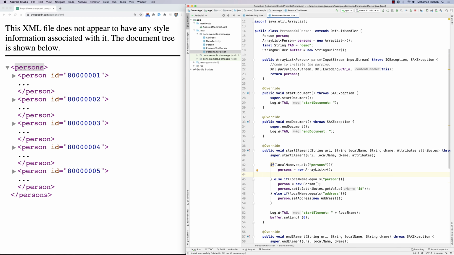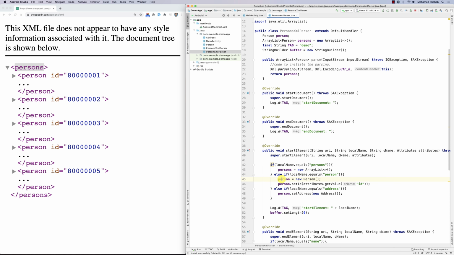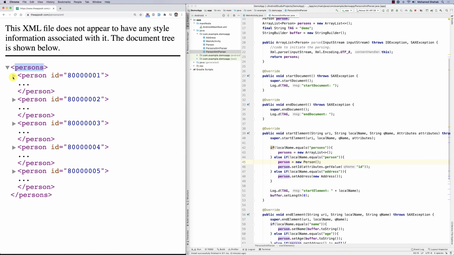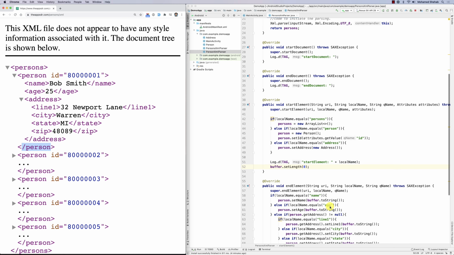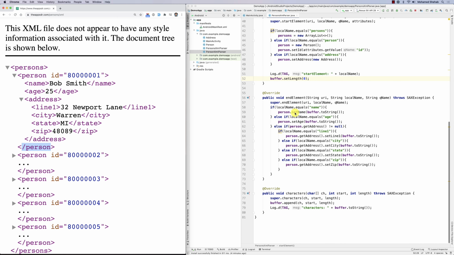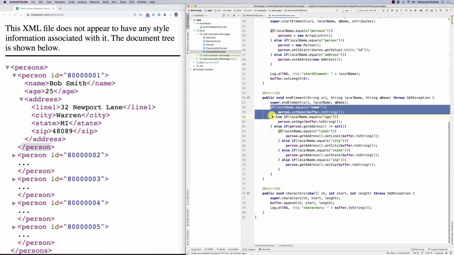Fine. All right. Now, whenever you see a person, we create a new person object. That's good, not bad. And we set its ID. Nothing will change here. And then similarly with the address and all that interesting stuff, right? And we clear the buffer. That's all the same because these events are going to happen exactly in sequence. The interesting thing is that when the person ends, this is a signal for you to add that person to the ArrayList. So basically when the person ends, what we could do here is copy this one,